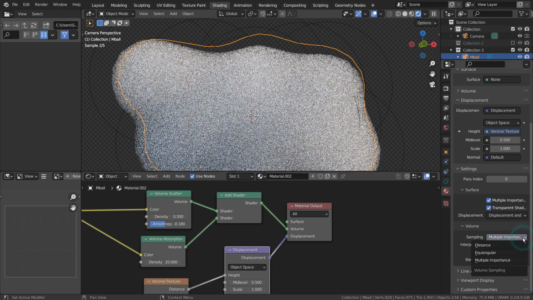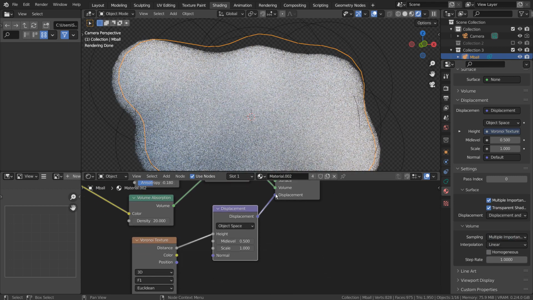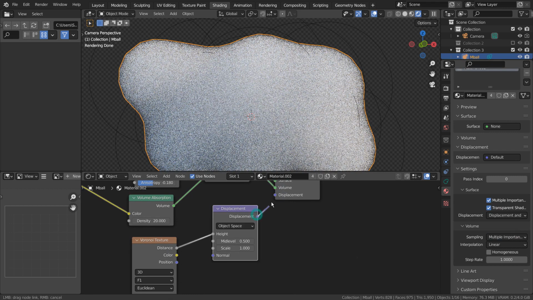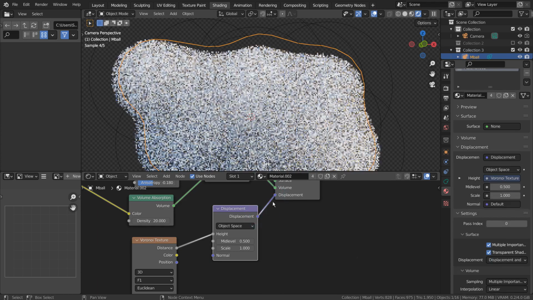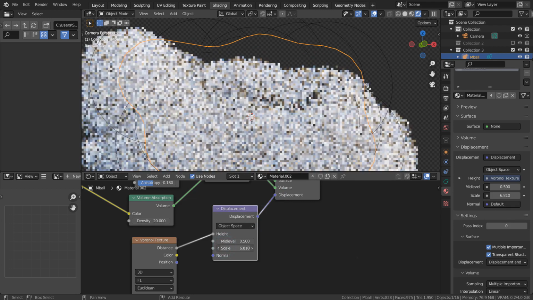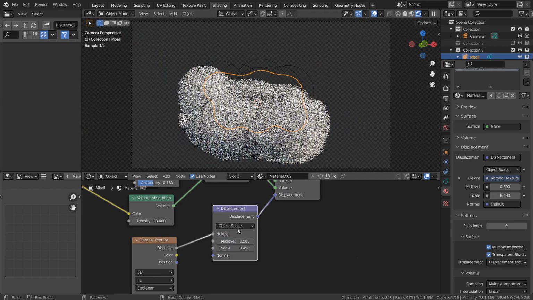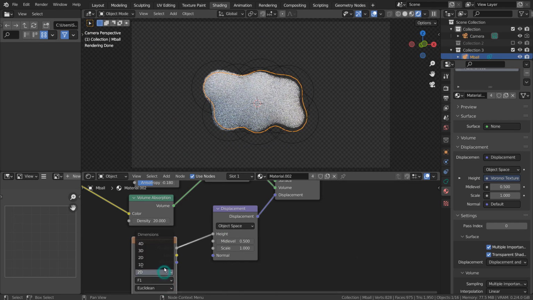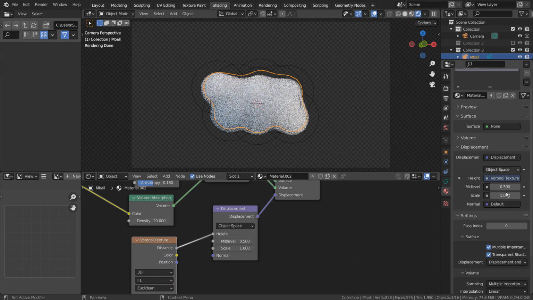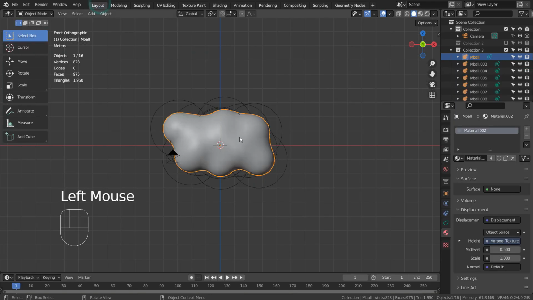This is one way to add the displacement to the mesh, but there's a better way. Let's convert this object to a mesh.